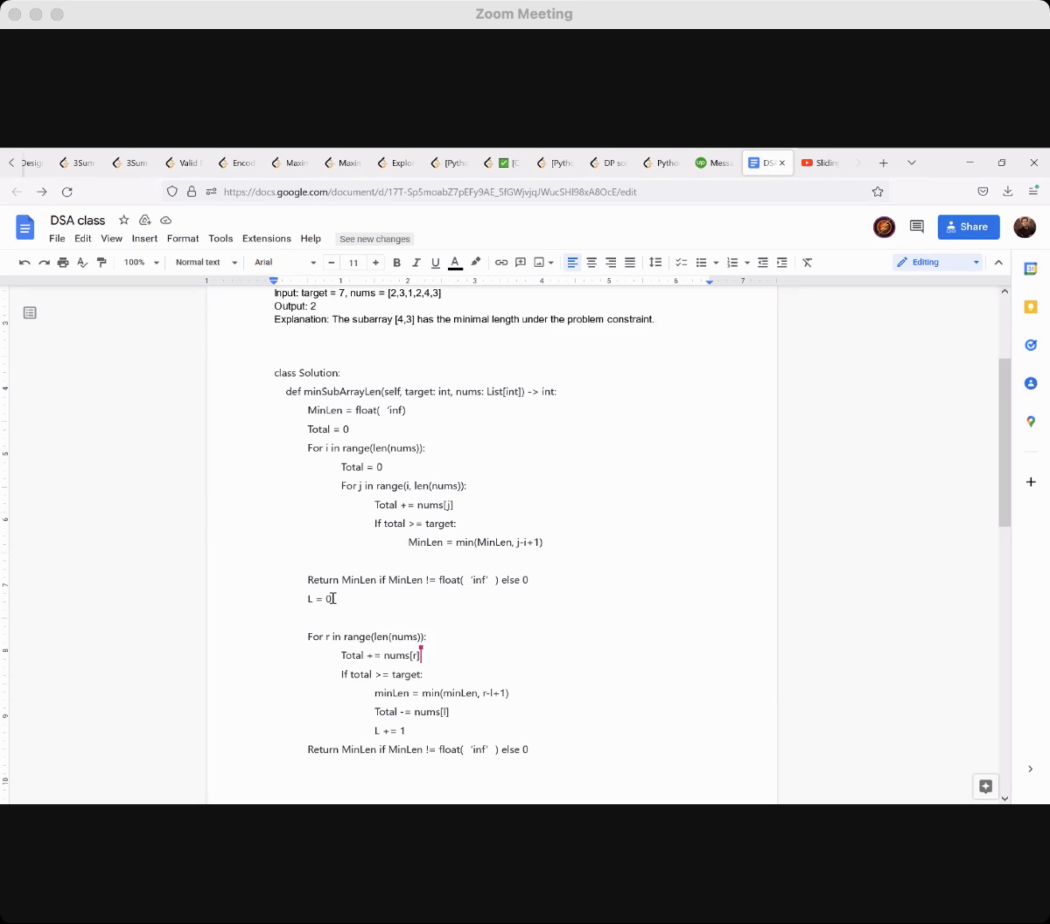So our left pointer is at 0, so it's right now at 2. And the right pointer is also at 0, so the total is 2. Next the total is going to be 3 plus 2, 5, 6, and 8. This is the first solution we are going to come up with for min length. Yes, four. That means the min length is going to be 4 at first, and the total is going to be 8. And this time the right pointer is going to